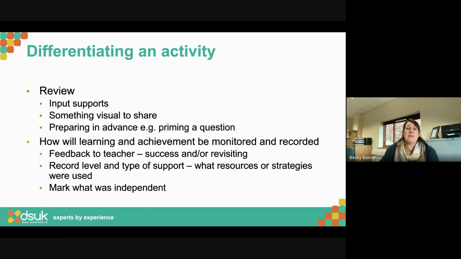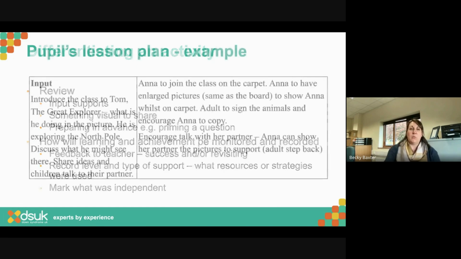And then just thinking about feeding back to the teacher. So was the learning objective achieved? I know what my targets are. I've recorded down how we got on with those, and then I can just pass that back to the teacher. Which bits had support and which bits were independent? What resources or strategies we used? It says in the target we're using the number line. That's what I used. Marking down that independent work.